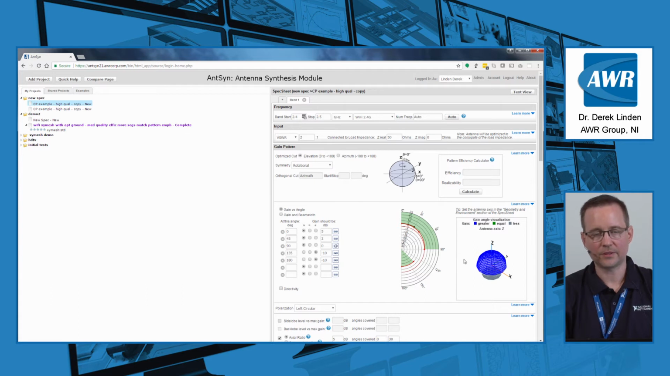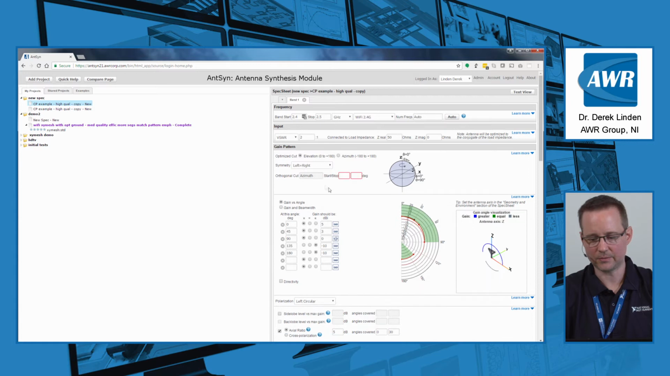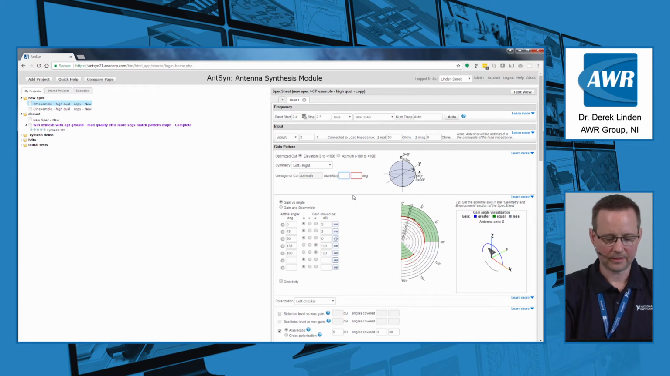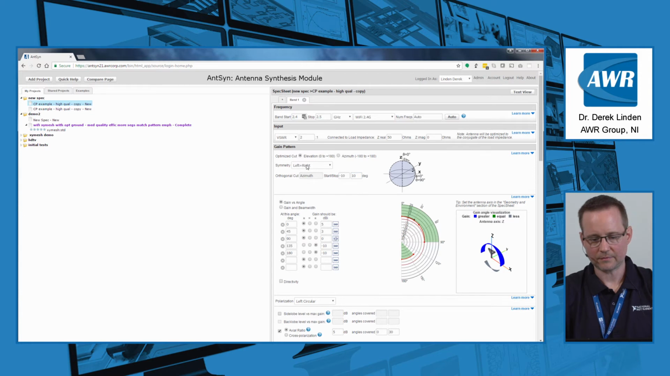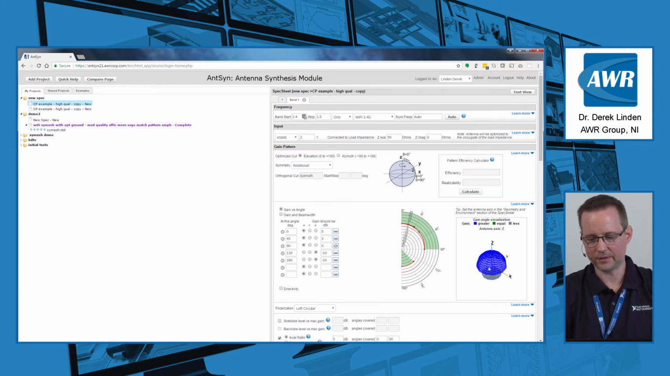One of the other features we've added is in the pattern control. There's a lot more information given. So now you can see where your pattern covers. So if I change my symmetry, say to left equals right, I can see that now I've got a very narrow fan beam that is being generated. Or I can go back to rotational, and now I can see that I've got an entire umbrella around the